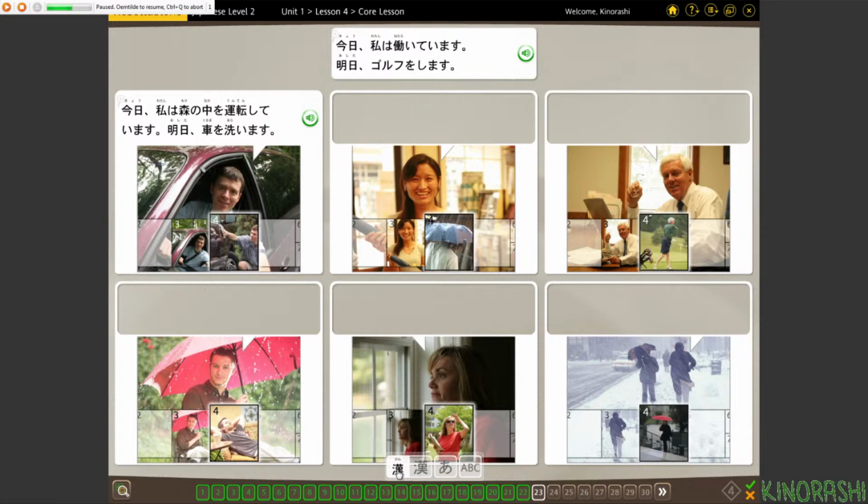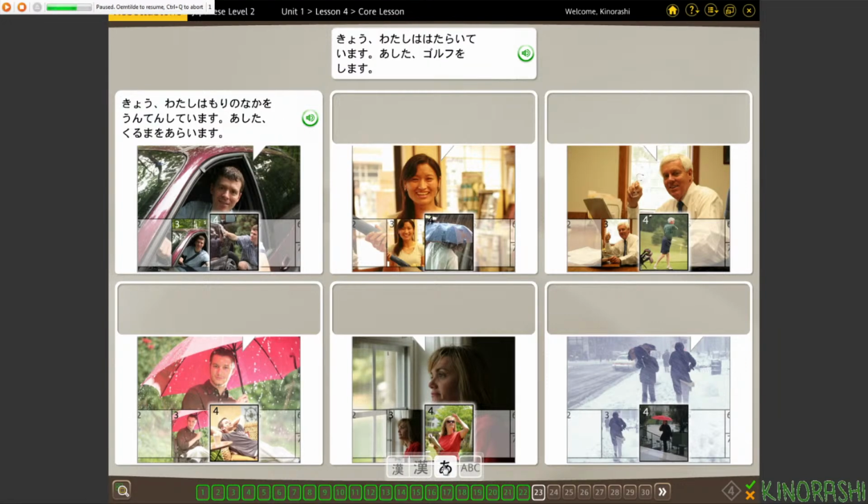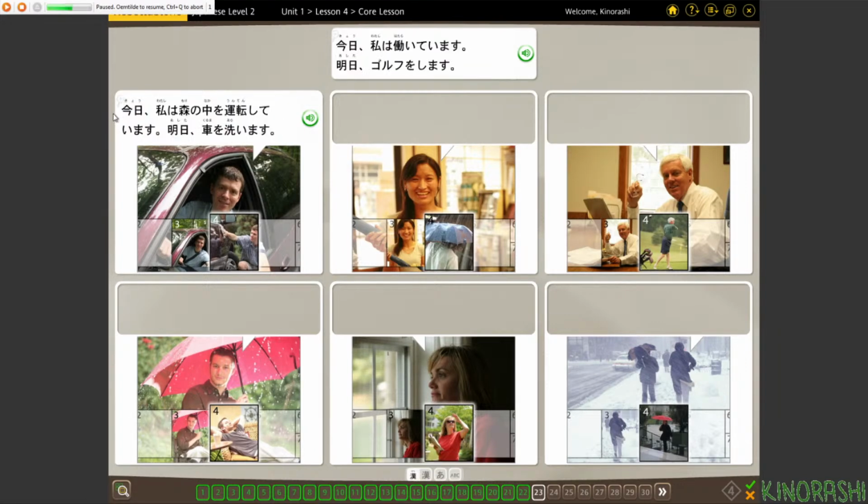Oh, 洗います, the polite and indicative form of 洗っています. So, 今日は私は森の中を運転しています。明日、車を洗います。